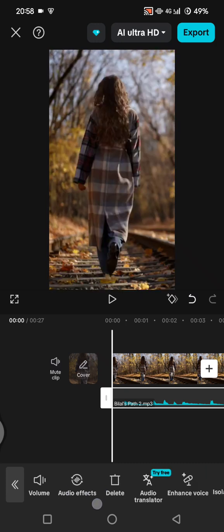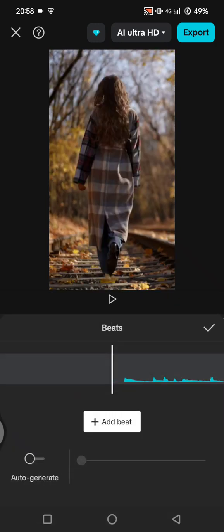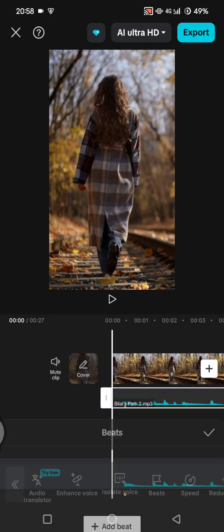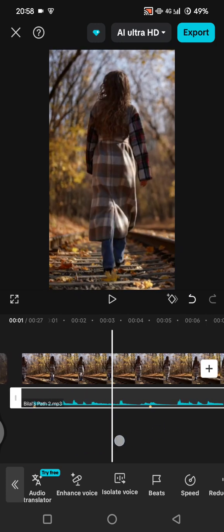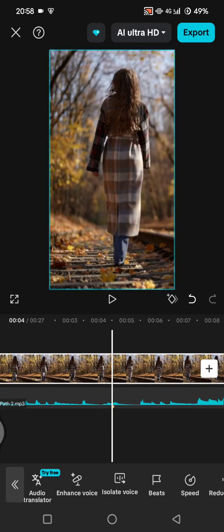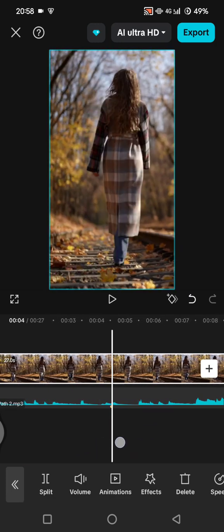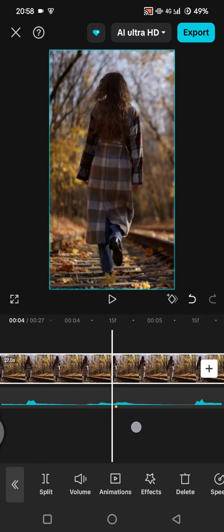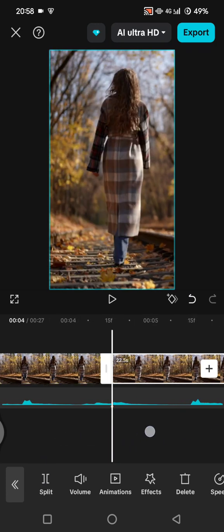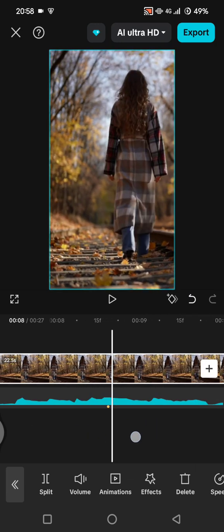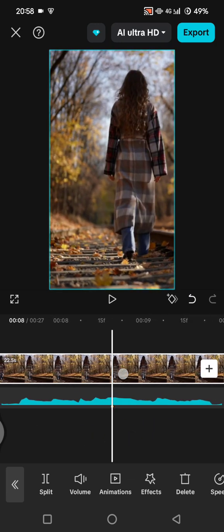And then you can add beats to the song, auto generate in here. Then I'm going to just adjust the intensity to light. Click on a check icon. Then you can crop your video to align with your beats, with the yellow dots in here. So just split the video like this until the end of the clip,